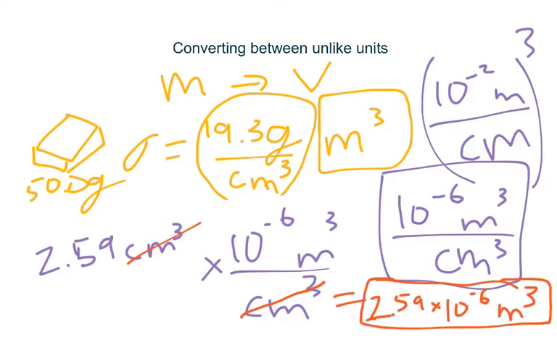So let's look at one more thing. What if we wanted to find the unit for a certain measurement? Now, we use unit analysis to not only convert between two unlike units like we did right here between mass and volume, we can also use it to find the units for a measurement. Let me give you an example that comes straight from physics. The translational kinetic energy, which is the amount of energy in a moving particle or object, is exactly equal to 1/2 times mass times